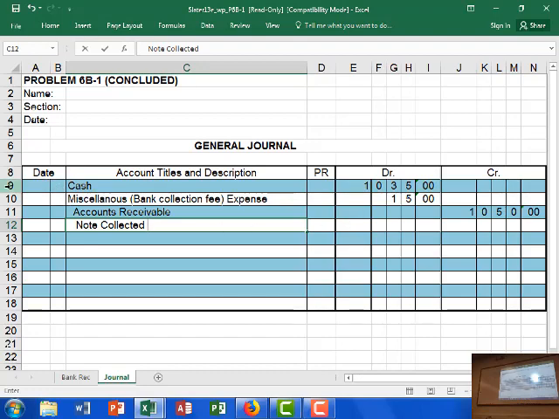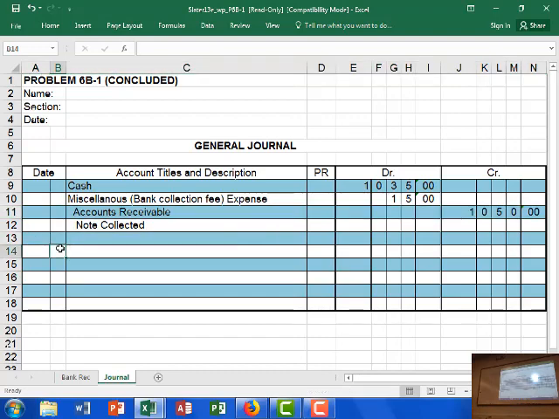And again, showing that it was cash collected, the raw amount of cash that we collected, which is $1,035 that we can spend now because it's in our bank account, along with that miscellaneous expense, that collection fee that went to the bank, because that's the bank's money now, and then a decrease in our books of how much one of our customers owed us by that full amount, because that's how much they owed us.